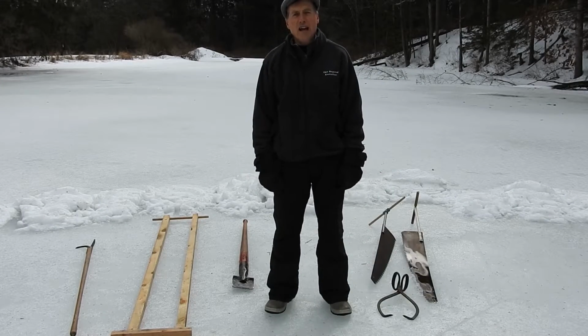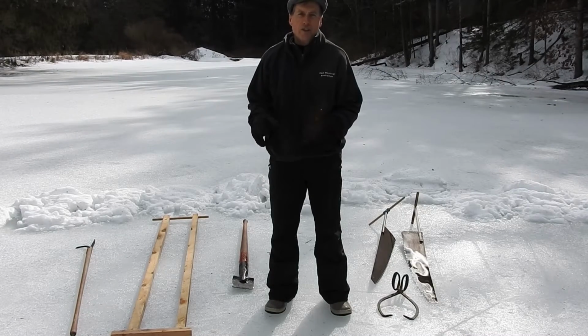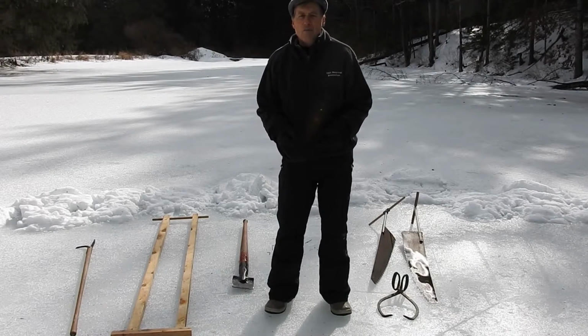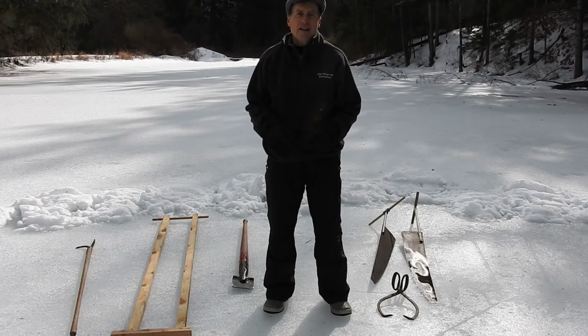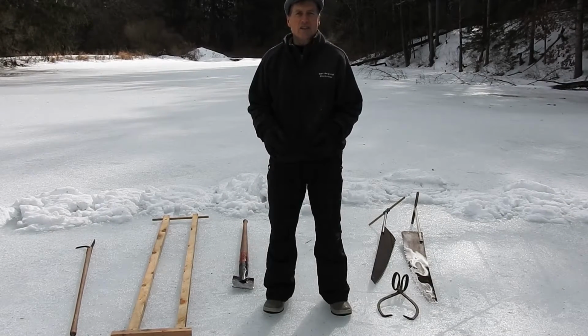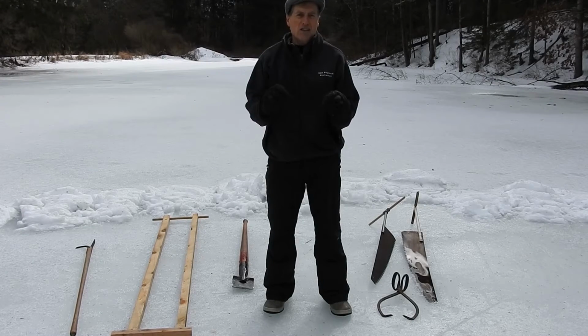Harvested ice will last throughout the entire summer if it's in a building which is properly insulated. Most ice houses were built partly underground because the ground is an excellent insulator, and then the ice was brought in and stacked up